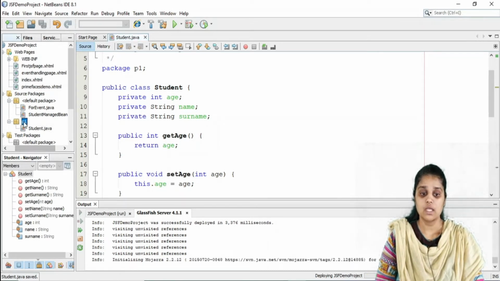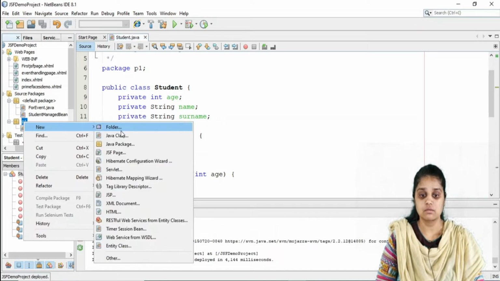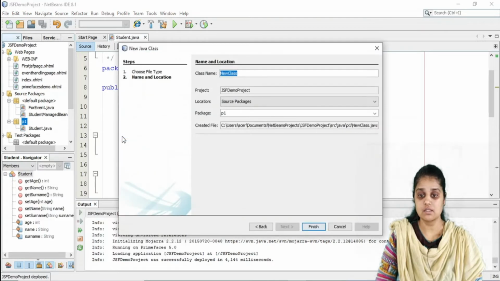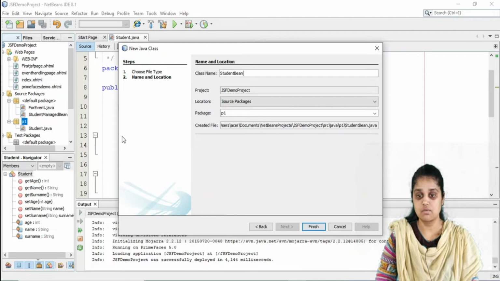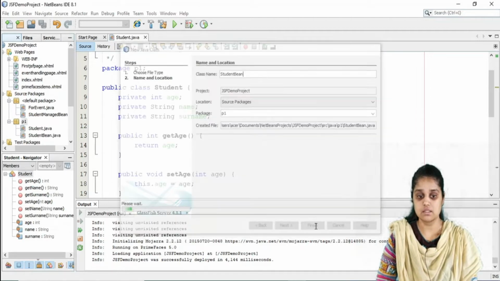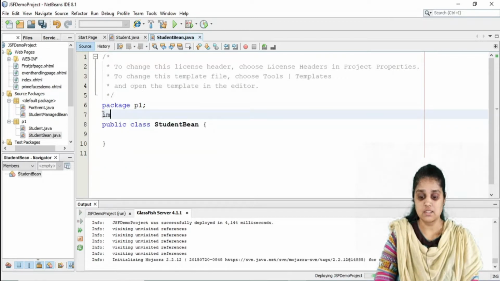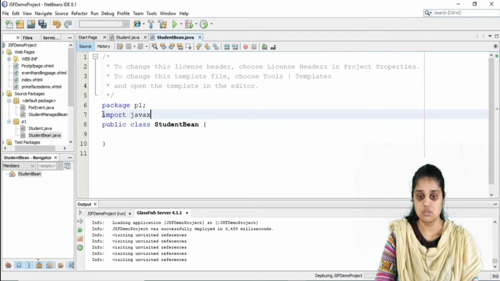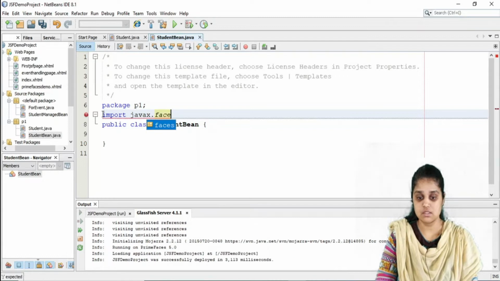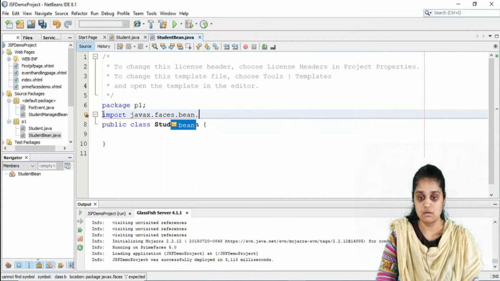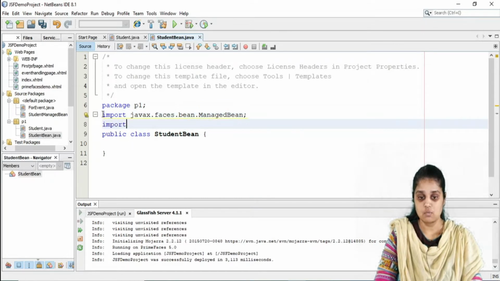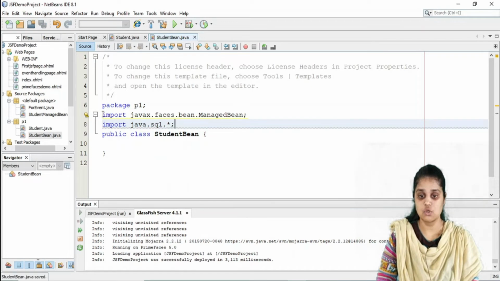Now I am going to create a managed bean, new Java class. Let me name it student bean, which is a managed bean class. Okay, so since it is a managed bean class, I first need to import javax.faces.bean.ManagedBean. Second, I am going to use a database, so I am using SQL.